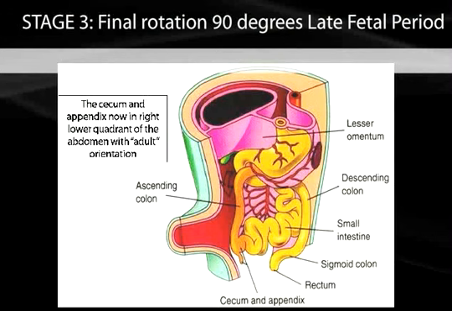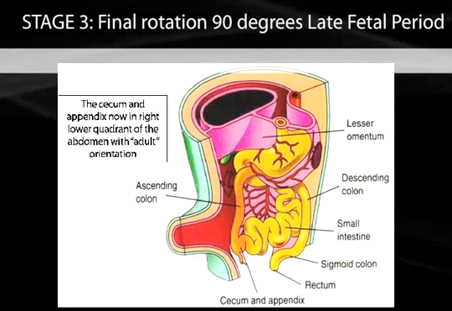And that will take the cecum and the appendix down into the iliac fossa, and that will put the ascending colon along the right side and the descending colon along the left side, where they will fuse down to the body wall. It will also put the colon over top of the duodenum, unless it gets rotated under the wrong way, in which case the duodenum can be stuck over top of the colon, and this can cause infarctions and